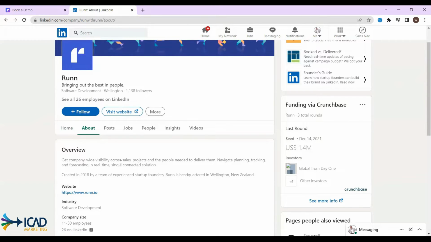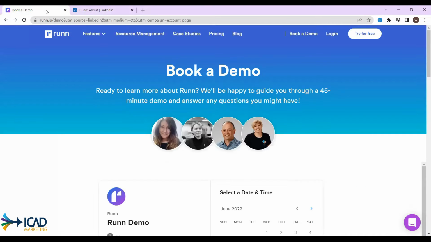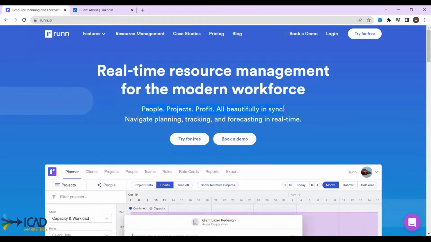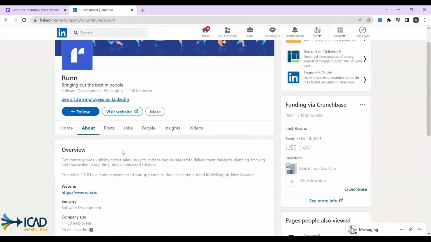Get company-wide visibility across sales projects and the people needed to deliver them. Navigate planning, tracking, and forecasting in real time. Let me go back to what they have. All right, so this is where it says people, projects, profit, all beautifully in sync.